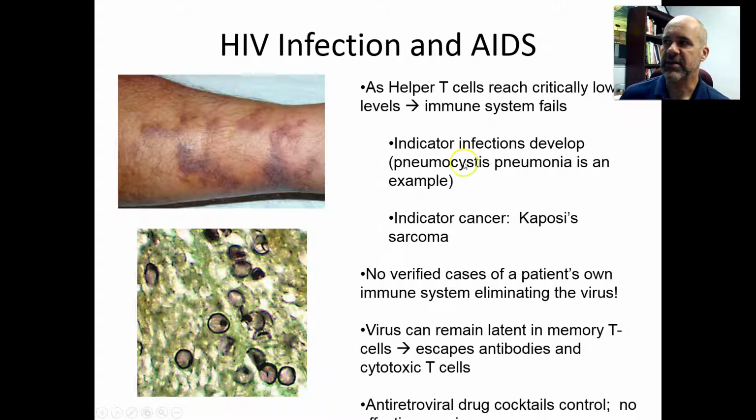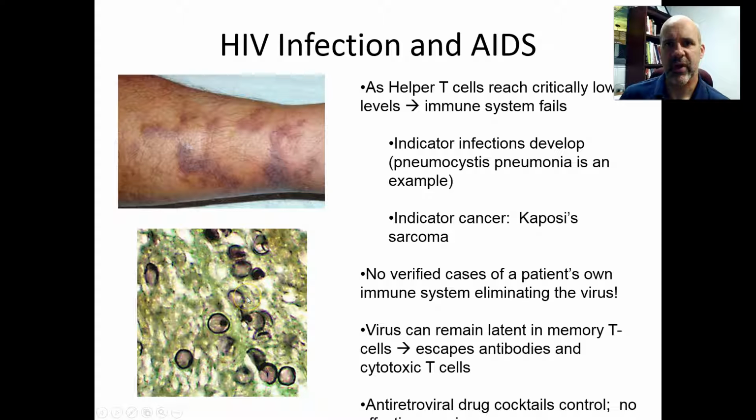Another infection is a fungal pneumonia called pneumocystis pneumonia. So this is a tissue section in green, that's lung tissue, and these little things there that look like olives, those are pneumocystis fungi. It's a yeast. It multiplies in the lungs and causes a horrible pneumonia,